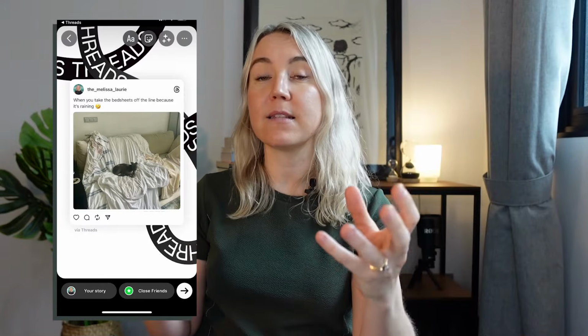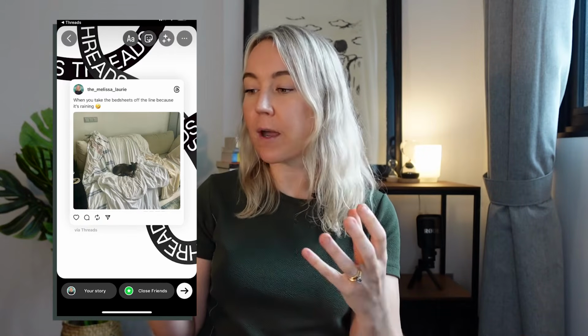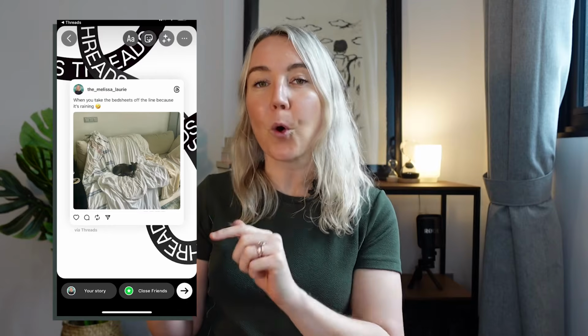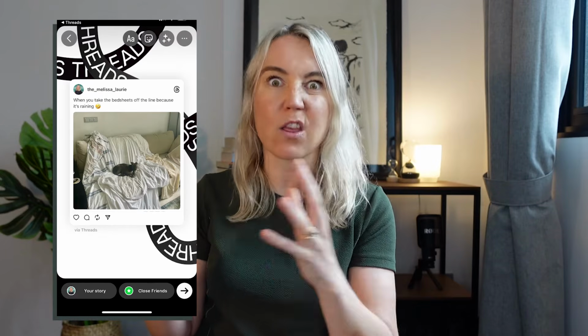And what you will notice is that the content is getting pushed over to Instagram, but you can also see that there's that border around the content as well. It's the Threads border. So when you share, you can share content from your Threads profile onto your Instagram profile as well. And I think this is a really cool feature by Threads. And it's also quite clever as well by Meta, because with that border around the content, you're ultimately letting people know on your Instagram account that you're also using the Threads app.